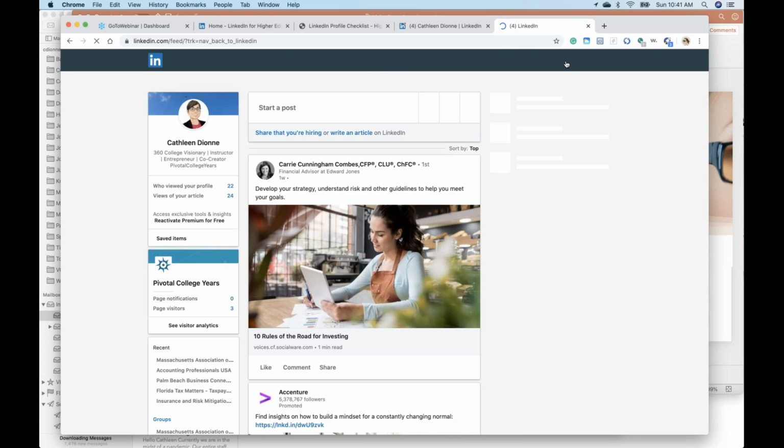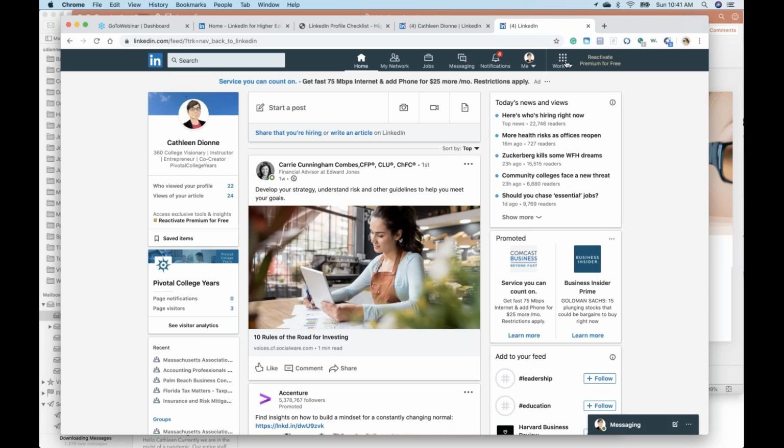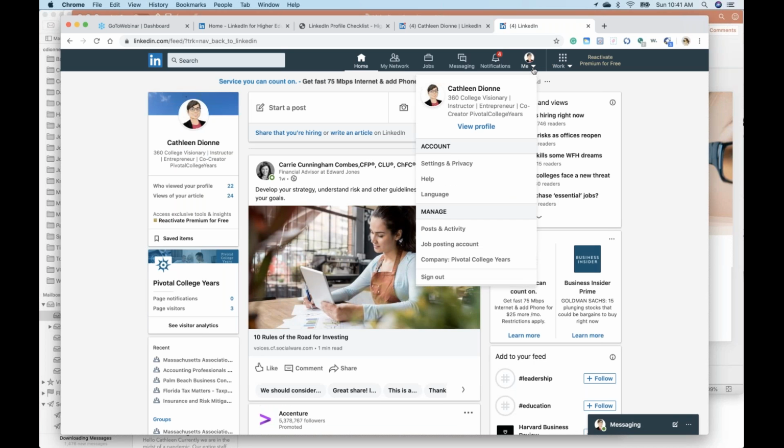And then I'm going to show you where you can control your privacy settings because I think it's really important. So right here, right where your picture is, you just click on that, a drop down menu comes down, and then you can go to settings and privacy. And this is where you have the ultimate control. You can block people on LinkedIn if you want to. There's a variety of things. So just be aware of who you're communicating with.